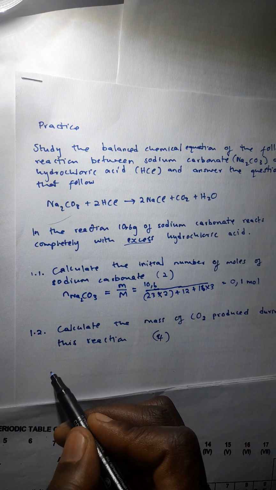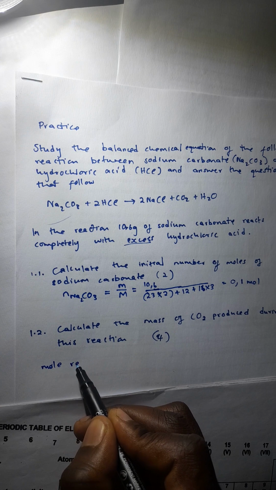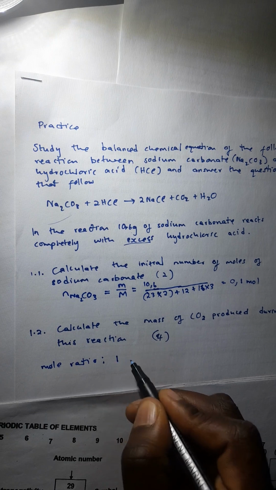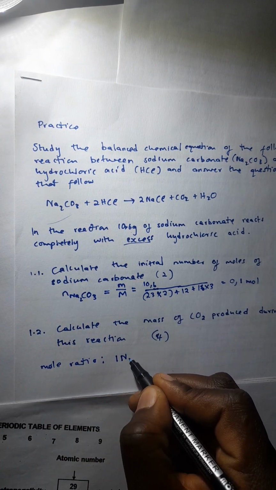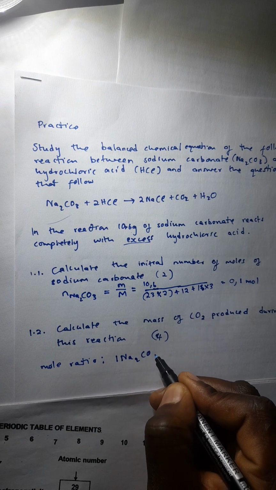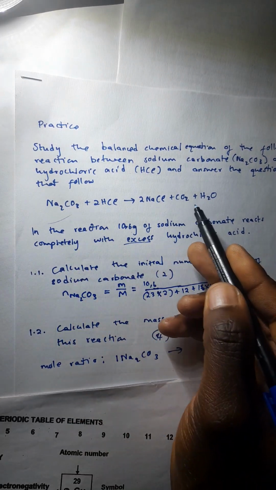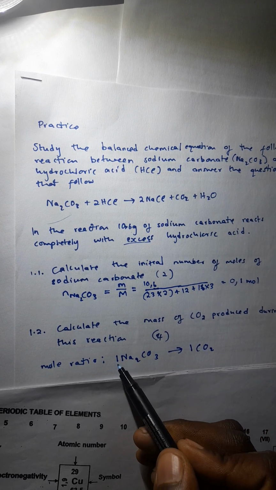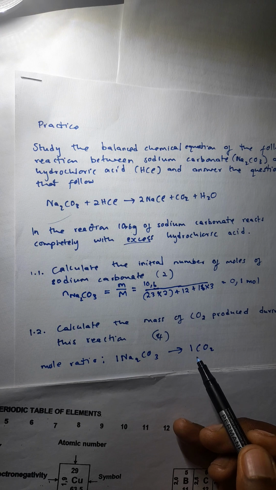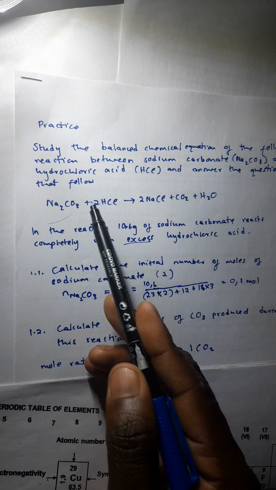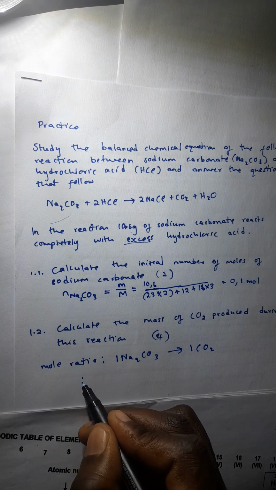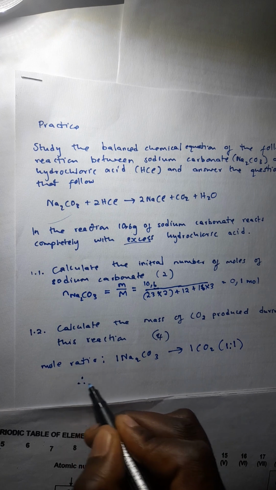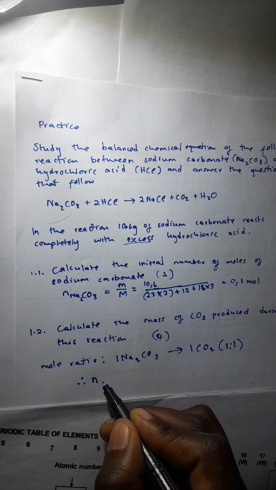I'm going back to look at the mole ratio. What is the mole ratio between sodium carbonate and carbon dioxide? You can see here there's a 1, you don't write it when you are balancing your chemical equation, which will produce 1 carbon dioxide. You see, 1 mole of sodium carbonate produces 1 mole of carbon dioxide, obviously reacting with hydrochloric acid. Therefore, the mole ratio is 1:1. Therefore, the number of moles of sodium carbonate